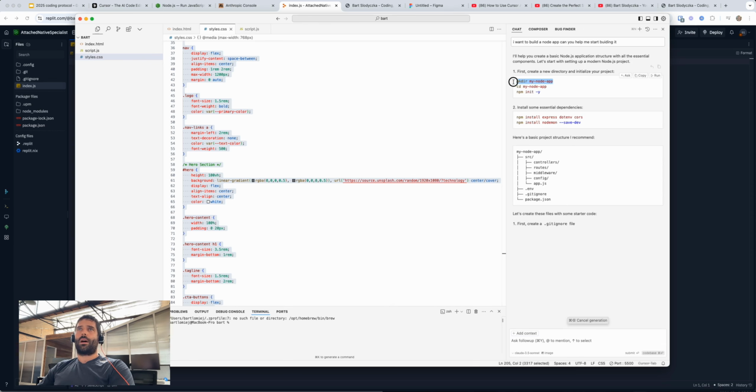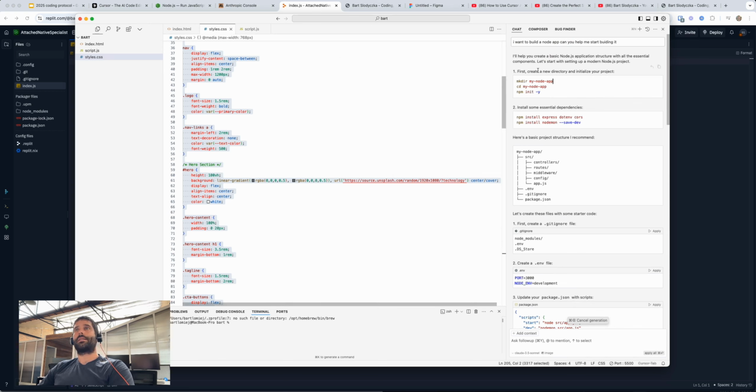Yeah, okay, so there you are. We're creating a folder for the new app that we're building, which is really, really good because we don't want to build an app directly in this folder because we've already got some context here. So if we just execute these commands, we should be able to build a new folder. Let me just see how it runs. Yep, we've got a new folder for my Node app.